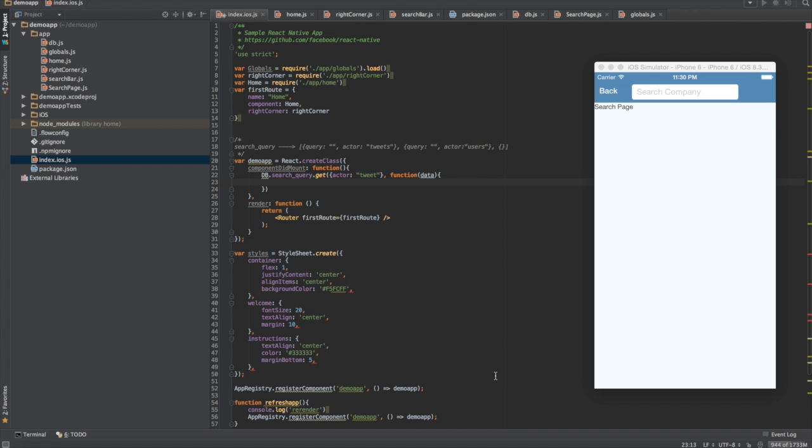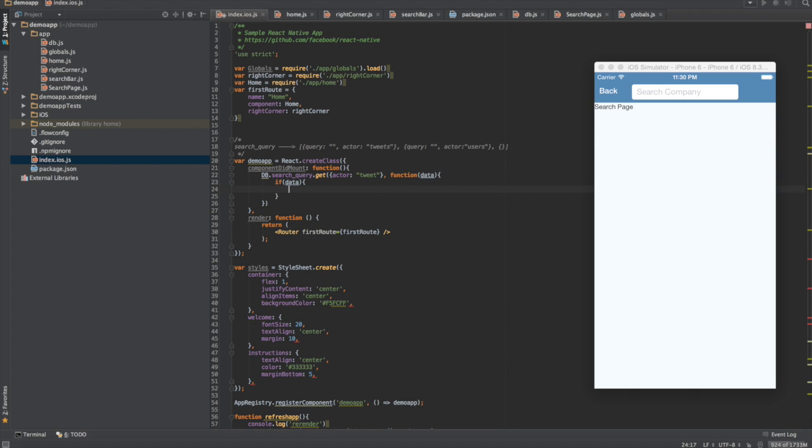Let's see. If data means that we have something, then we're good, we're fine. But if we do not have data, then we're going to say,